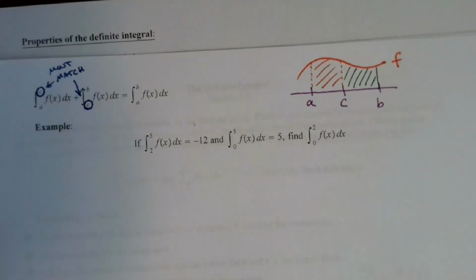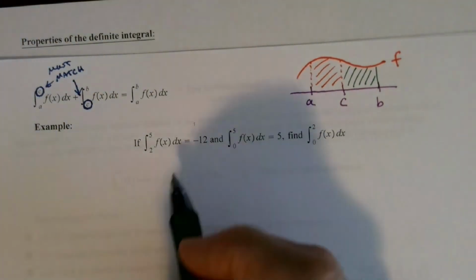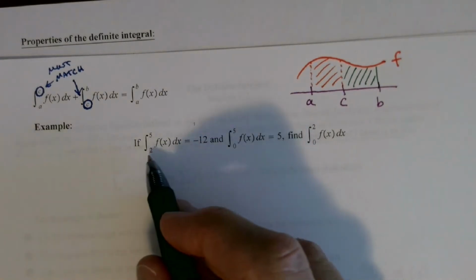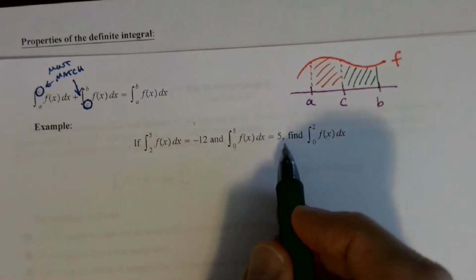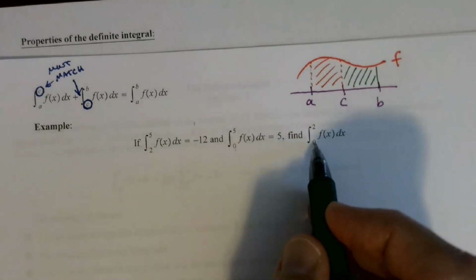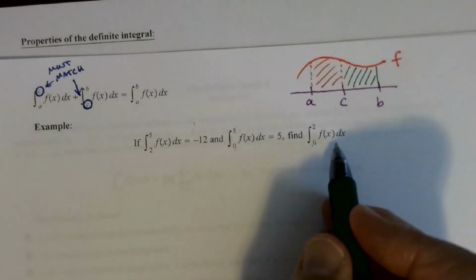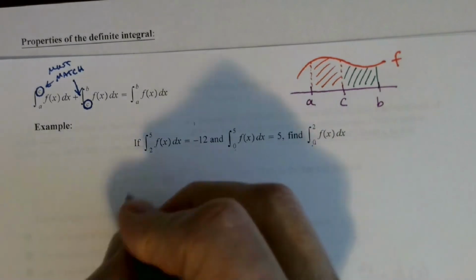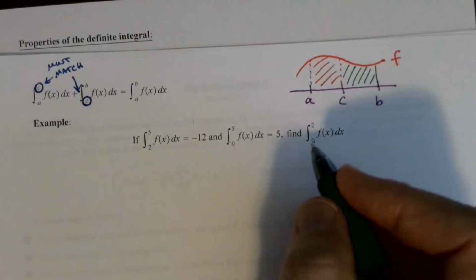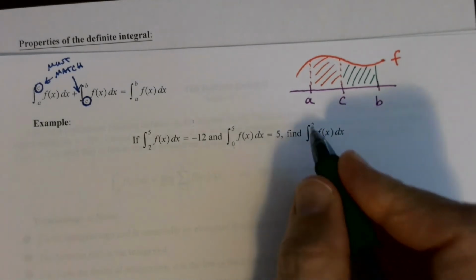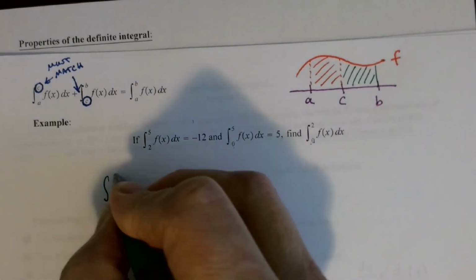So here's an example. If I know for the function f that the integral from 2 to 5 is -12, the integral from 0 to 5 is +5, we'll find the integral from 0 to 2 then. Okay. Well, to get in this form, one way I can think about it is if I go from 0 to 2, the one I'm looking for,